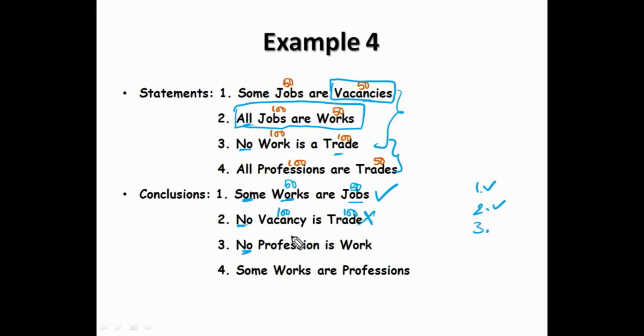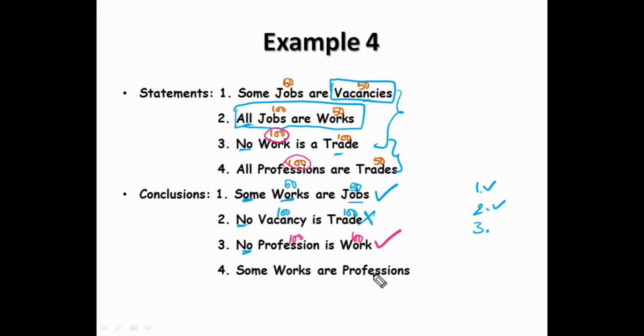No means we need how much as expenditure? 100 and 100. Profession is having how much income? 100 income. Can I spend 100? Yes. Work is having how much income? Work is also having 100 income. We can spend 100. That's why this follows.